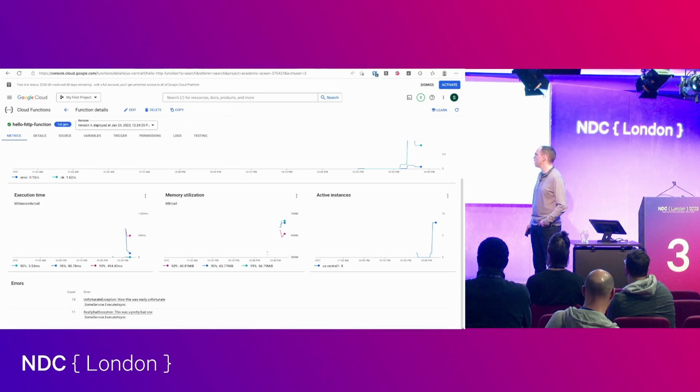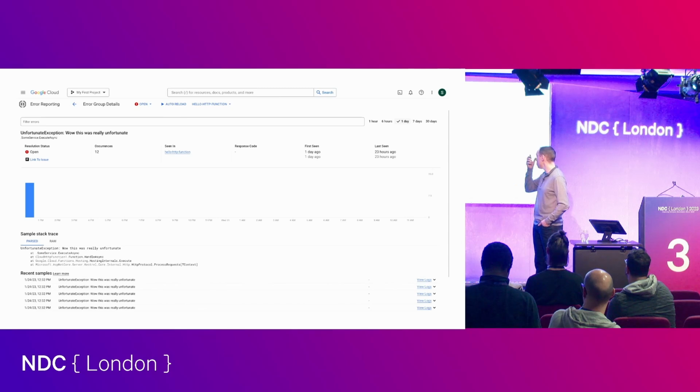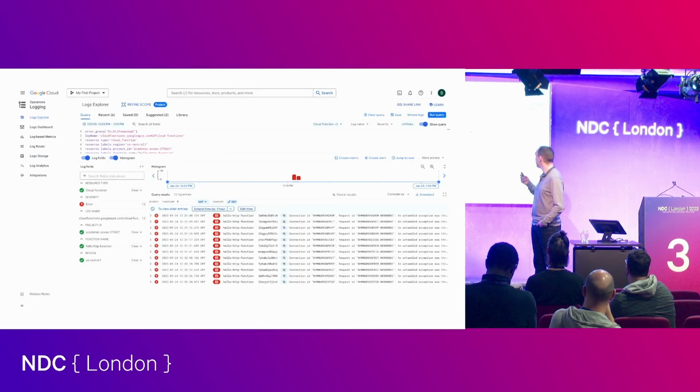This was the thing that I was most impressed about Google, is the monitoring out of the box. The guy said that the monitoring was good, and I tend to agree. It's honestly like a better Application Insights, more akin to Datadog than anything. Datadog is a pleasure to use, and I would say this monitoring was a pleasure to use. Obviously, it gave me a huge amount of metrics. It didn't say the line break was the log delimiter, so it did actually combine all of these things. So I was able to easily find the exceptions that were thrown. I was able to see, when I dug into that specific exception, all the times that it was thrown and view the logs therein.